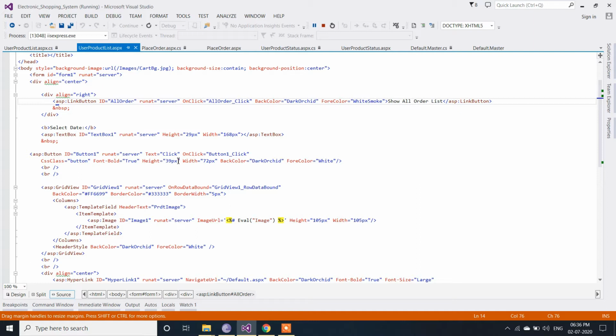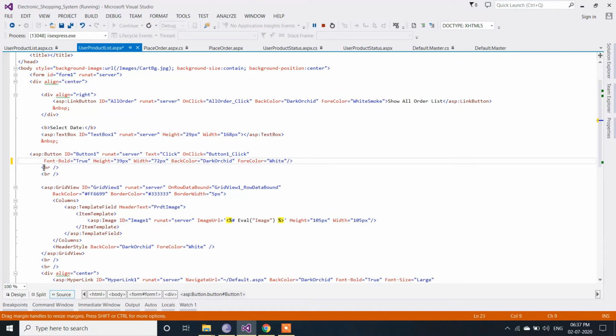When we double click on this button, the on click event will be generated in the .cs page. With the property font bold true, height 39 pixels, width 72 pixels, back color dark orchid, fore color white.